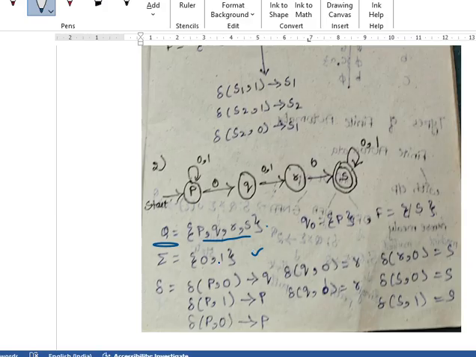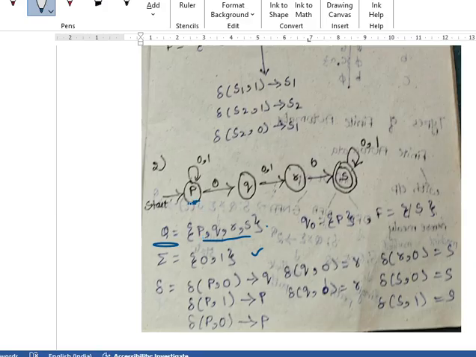Now if you see the next one, here is an important step, and most of the students get confused at this step only. So now look here at the delta function. The current state comma sigma gives rise to the next state. This is the formula. Now if you consider this P